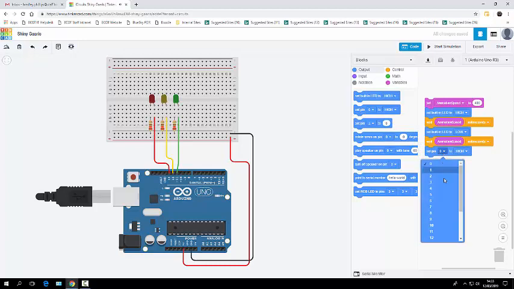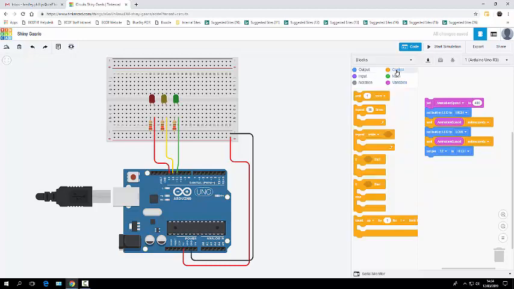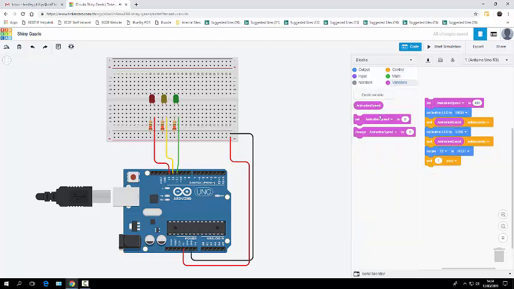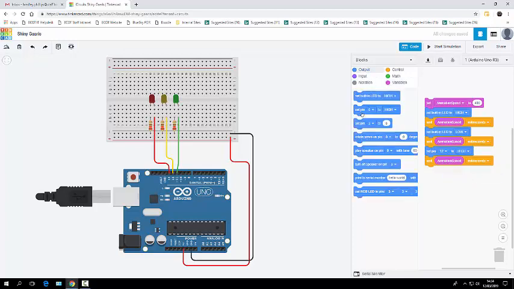So now what we need to do is output, set pin, and then we'll set this to 12, because now we're going to control pin 12. Pin 12 is here. This needs to be on high. And then we need to click on control, wait, animation speed to milliseconds, and click output, set pin 12